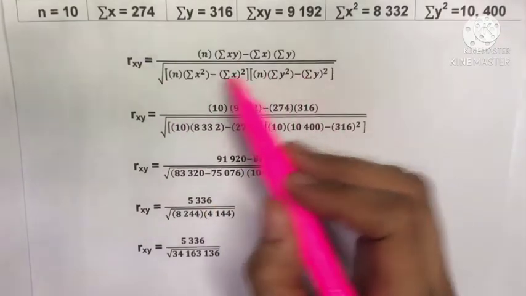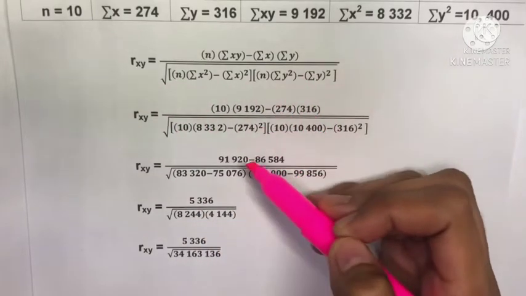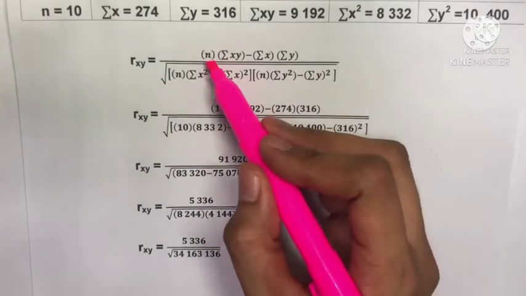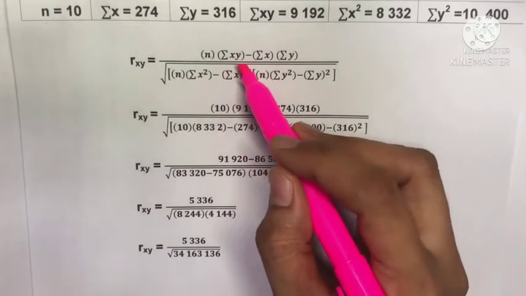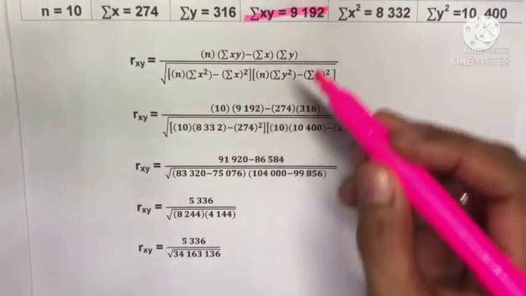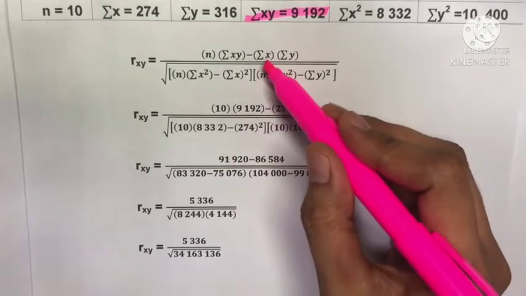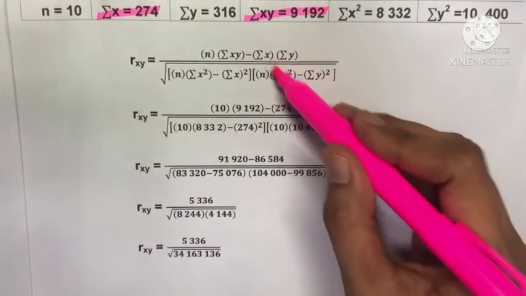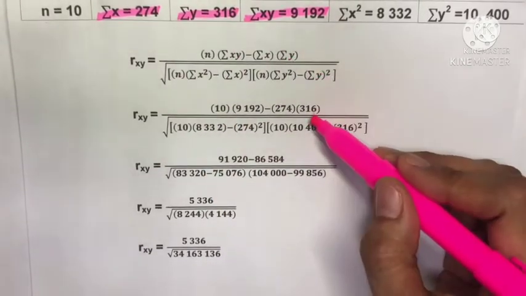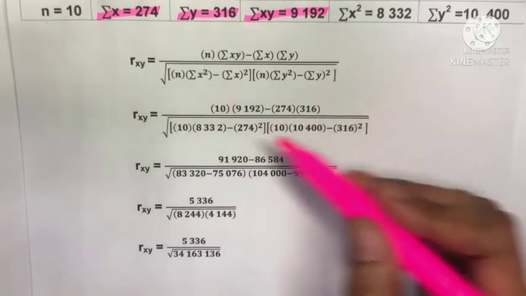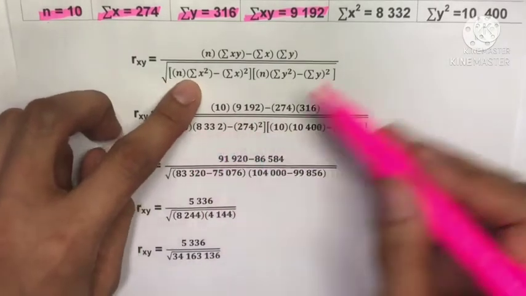Okay, this one, I already discussed the meaning of this in our previous video, validity coefficient. So I will proceed now in substitution. So our n is equal to 10. So we will just substitute. Summation of xy is equal to 9,192, minus summation of x is 274 times summation of y, which is 316, over the square root of, our n is 10, summation of x squared is